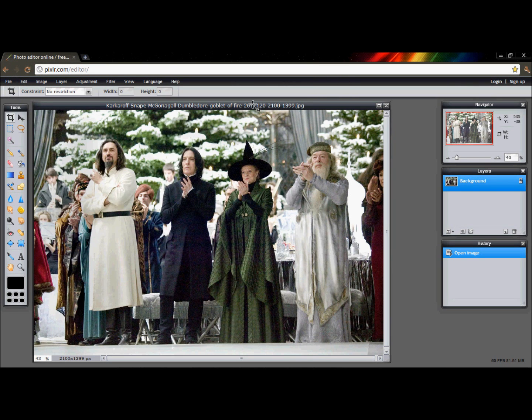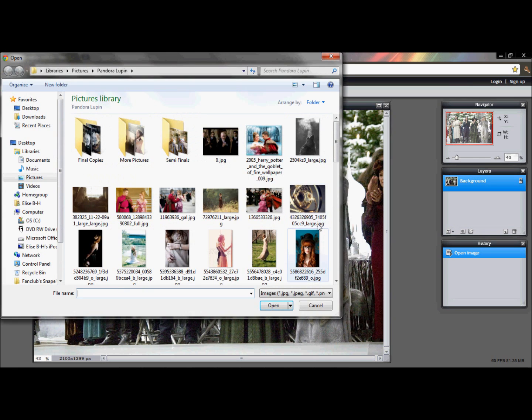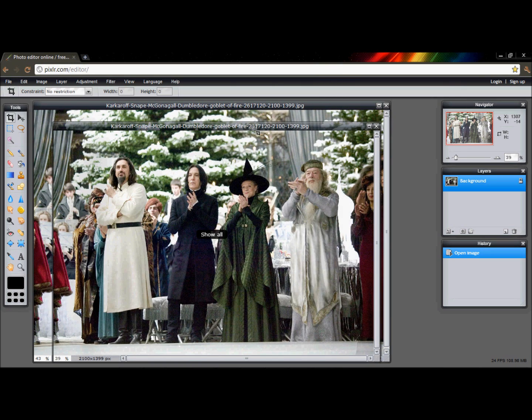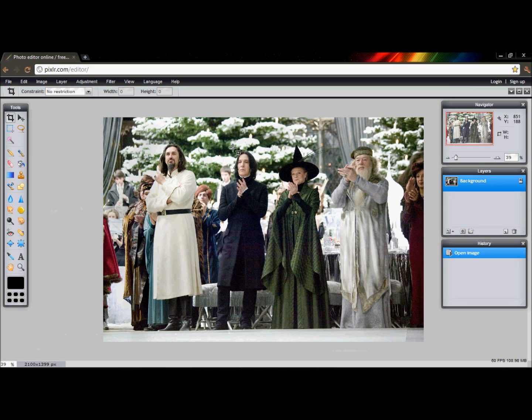Okay, so for your background image, you want to open two of the same images, of the same background, because it's kind of a pain to crop it, then bring that layer over to the other side, then crop another, then uncrop it, and it's going to be a long, complicated story. So before I confuse you too much, I'm going to open that same picture, but in this picture, I'm going to maximize